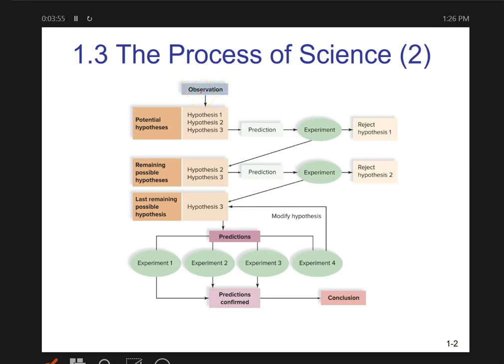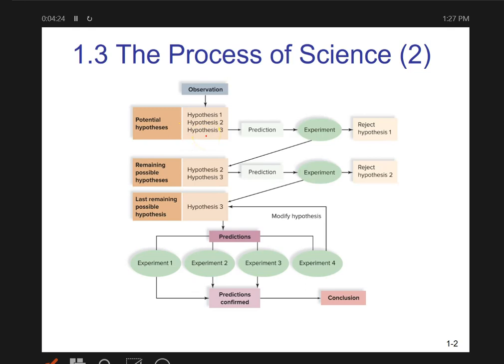For example, let me tell you, the observation that I have made is that by drinking hot water with lemon first thing in the morning on an empty stomach helps me feel very energized. All right. So that is the observation that I have made. So based on that observation, hypotheses are made. So what's a hypothesis? A hypothesis is an educated guess, a tentative reasoning that you've come up with.